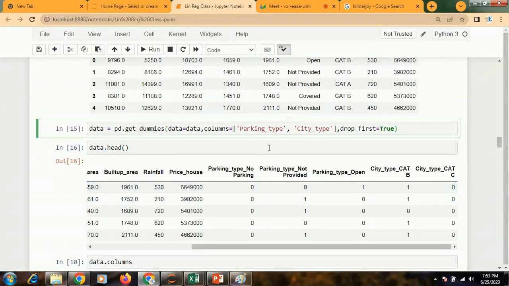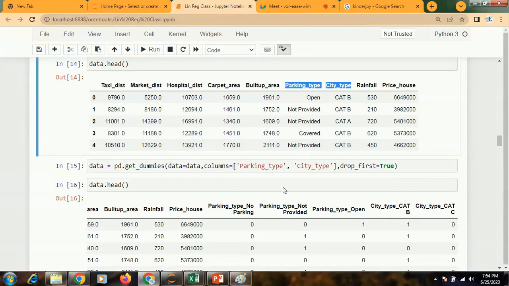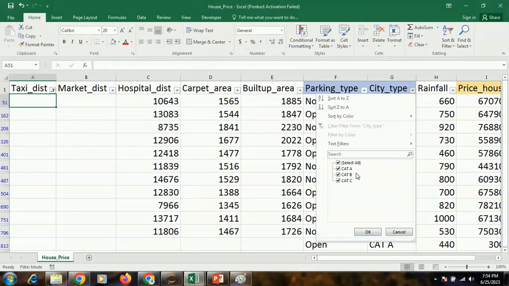In Python, if I just write pd.get_dummies and write the column names for which we need to create the dummy variables, Python will automatically create them. And which value will be taken as your base? Alphabetically, whichever value comes first, category A, will always be considered as your base.